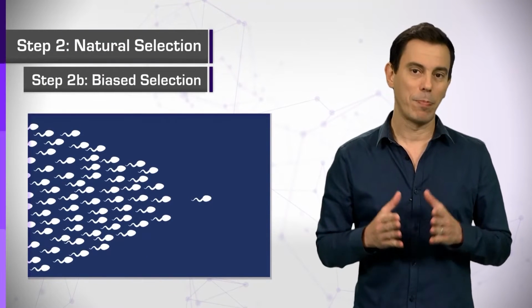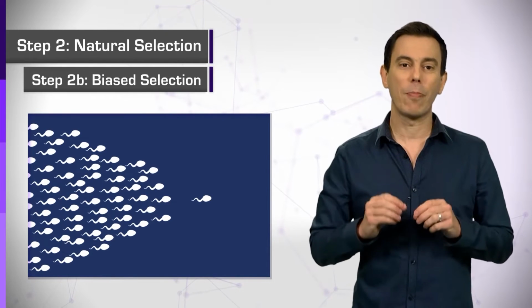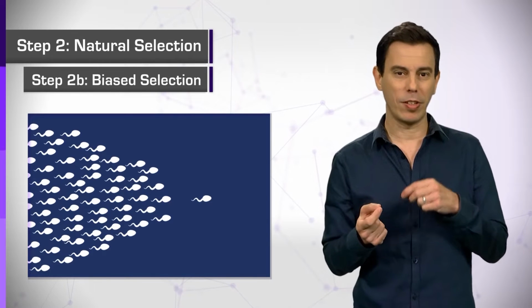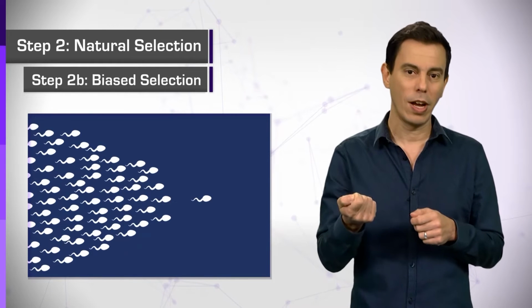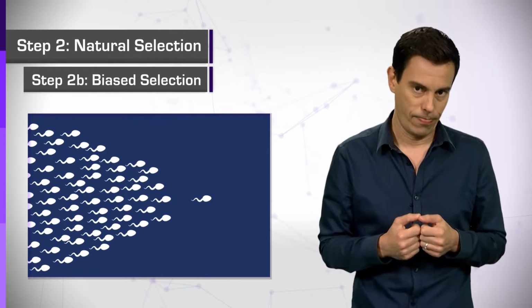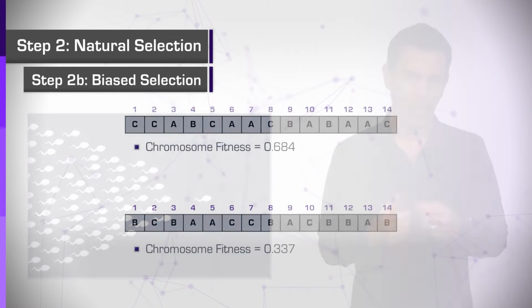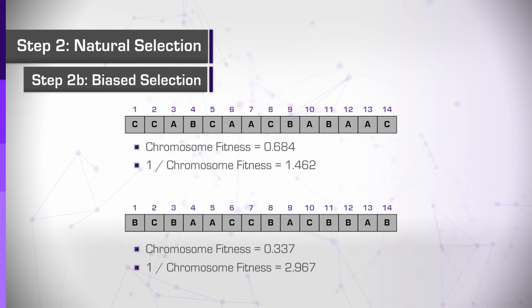Step 2b, biased selection. Various mathematical formulas are used to conduct a biased selection that randomly picks an individual to become a parent, but in a way that is correlated to its fitness score and in comparison to the scores of all the others in the population. This is one example. Here, we first transform each fitness score of each individual in the population so it is 1 divided by the original score. This is a common practice when we want to make small numbers large and large numbers small.